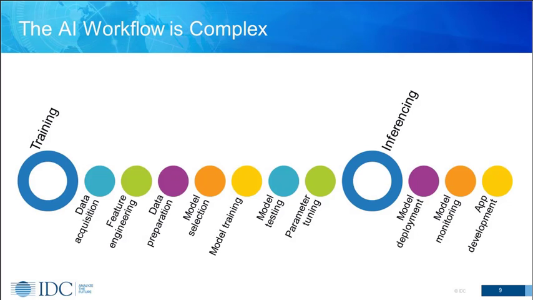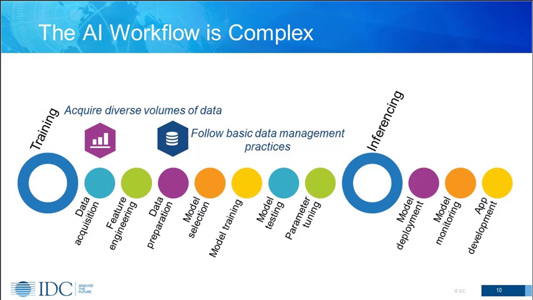So let's talk a little bit, and what I'm going to now do is walk through some of the AI workflow and some of the complexities that our government clients have told us and some of the challenges that they're facing as they go through this workflow. So I've laid it out here, and we typically group all of these different stages into two major stages: training the model and inferencing. So I'll highlight just a few of these challenges as I go. So let's take a look at these two.